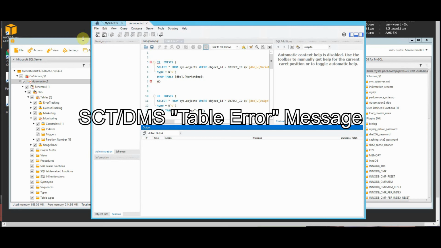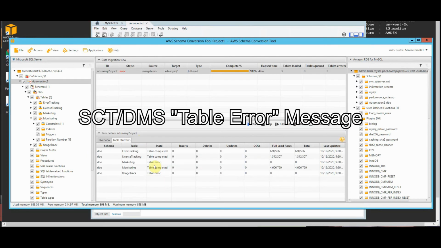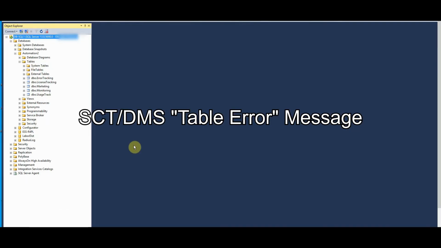Okay, for some reason, even though the SCT report said it should be a simple task, it had problems on two tables, marketing and usage track. Table error: it did not even create the tables on the target database server. Okay, so let's check the